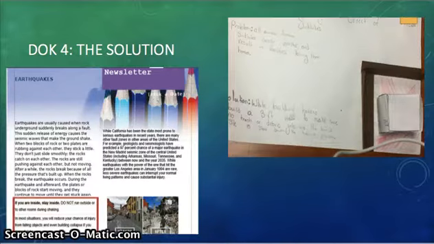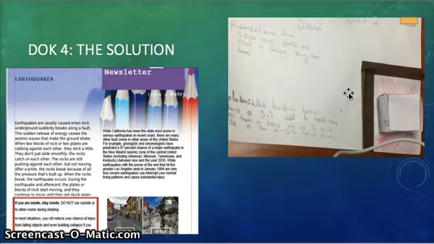Here's some more. I had a student who asked me if they could create a newsletter, and they did theirs on earthquakes and explained the cause, the effect, and then provided different options to help reduce damage from the earthquakes, because we can't stop earthquakes from occurring, but they can prevent damage or death. This is another option they had, was to